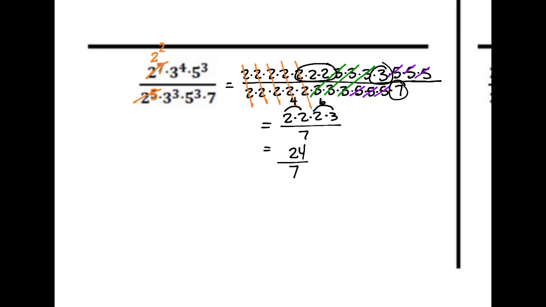Okay, the 3 3s on the bottom cancel with 3 of those and leave you with 1. The 3 5s cancel with the 3 5s completely, and then the 7 is left. Okay, so we have 2 squared and 1 3 over 7, which is,